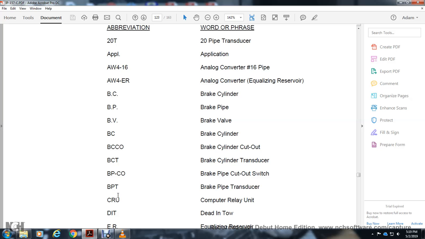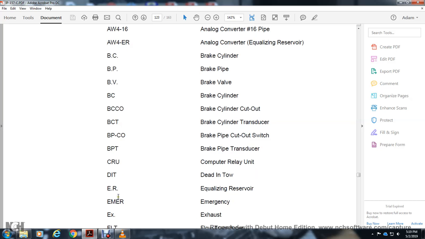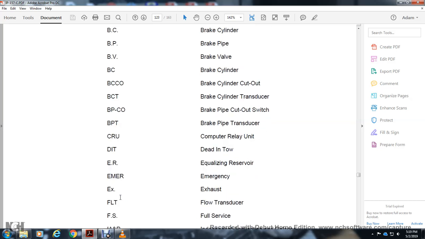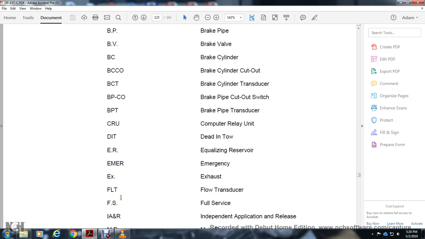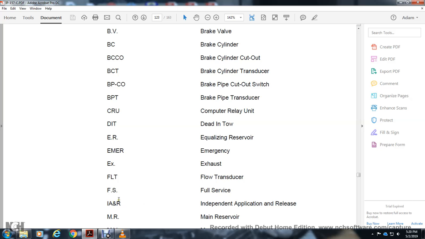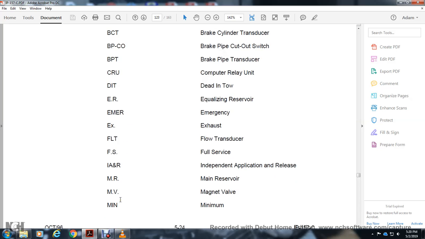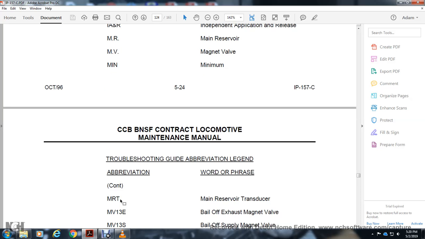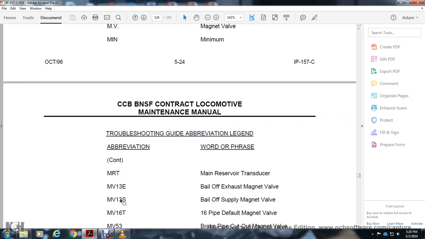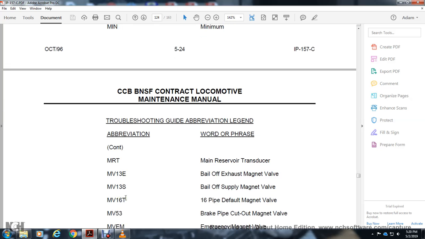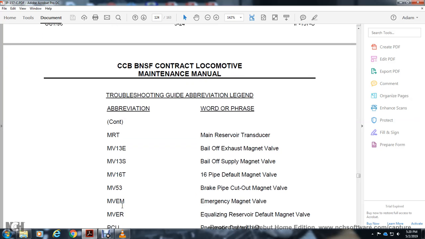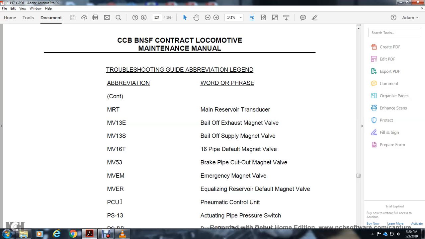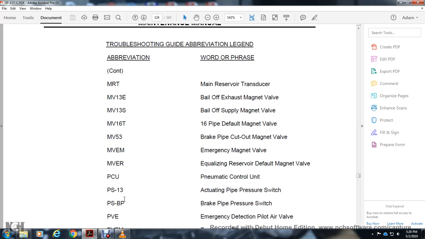CR computer relay unit, DIT dead in tow, ER equalizer reservoir, EMO ER emergency, EX exhaust, FLT flow transducer, FS full service, IAR independent application release, MR main reserve, MV magnet valve, MIN minimum, MRT main reserve transducer, MV13E bail off exhaust magnet valve, MV13 bail off supply magnet valve, MV16 default magnet valve, MV53 brake pipe cutout magnet valve, MVEM emergency magnet valve, MVER equalizing reservoir default magnet valve, PCU pneumatic control unit, PS13 actuating pipe pressure switch, PSBP brake pipe pressure switch,